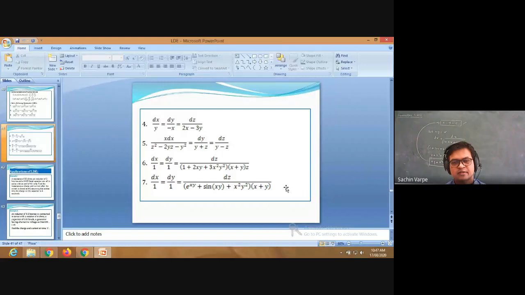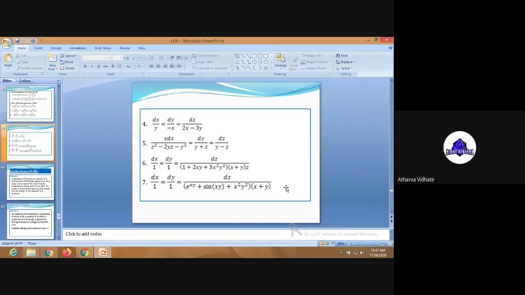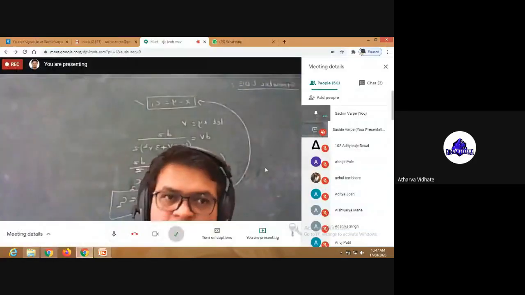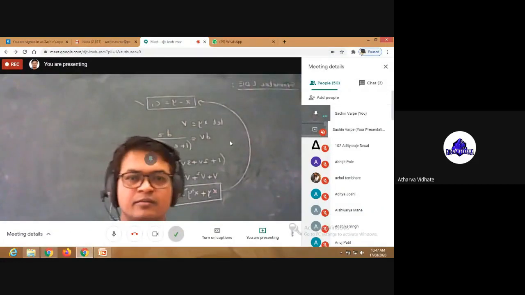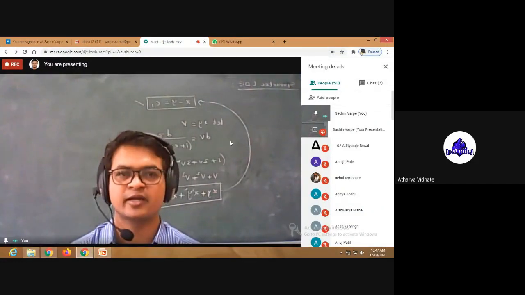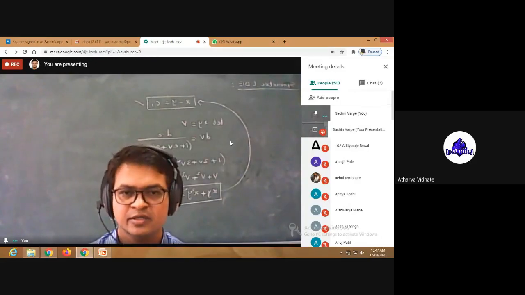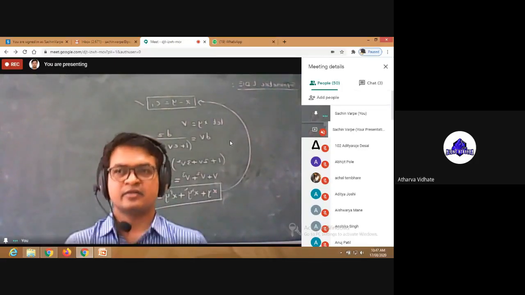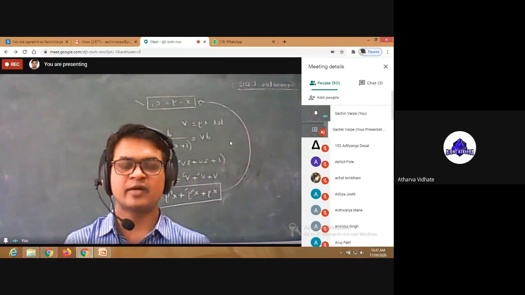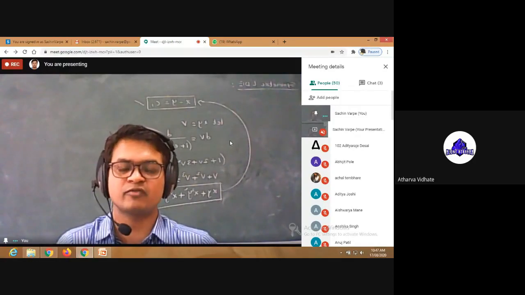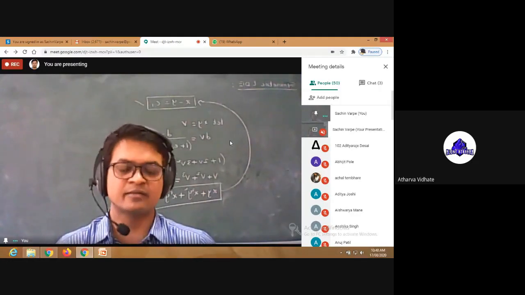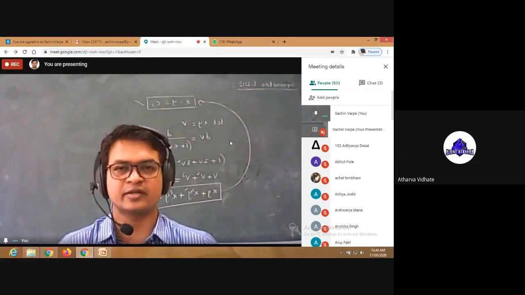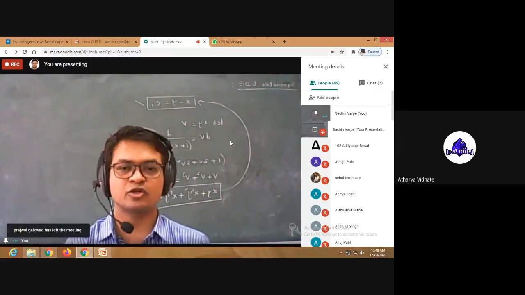Is it okay up to this? So this is what it is all about: symmetric and simultaneous linear differential equations. Now the last topic, the last part of this whole unit, is an application. As I told you in the last lecture, the only application in your branch is the application of linear differential equations to electric circuits, isn't it? How do we find the current or the charge flowing through the circuit with the help of the solution of differential equations?